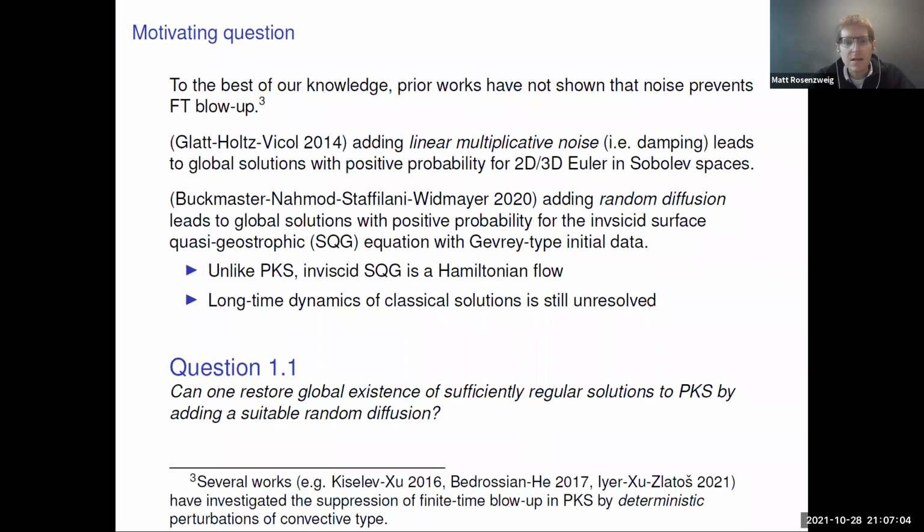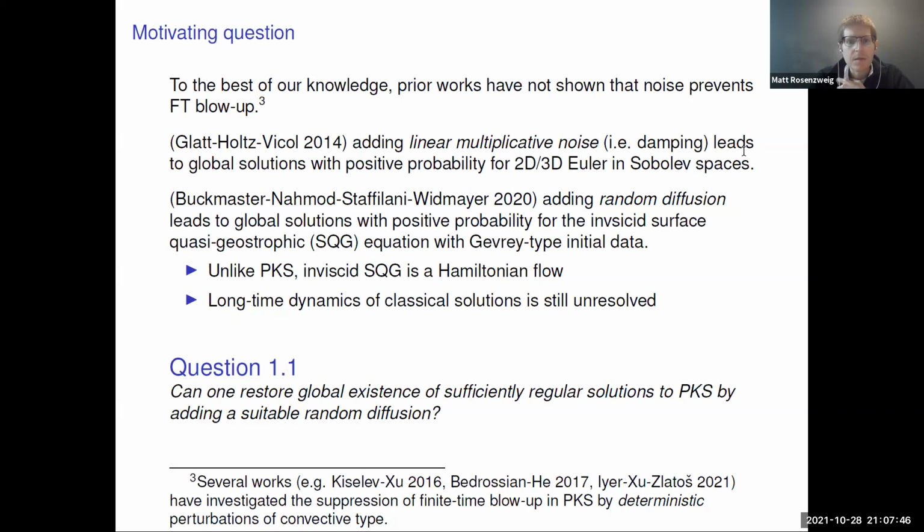In the interest of completeness, I'll mention that there are some works that show that you can suppress finite time blowup in these PKS equations if you have deterministic perturbations of certain transport type. But here we're not interested in these types of deterministic perturbations. I think the two works that are most relevant to our context are this work of Glattholz and Bicol from several years ago, where they looked at the 2D and 3D Euler equations, and they showed that by adding some linear multiplicative noise, in other words, some sort of random damping, this leads to global solutions with positive probability in